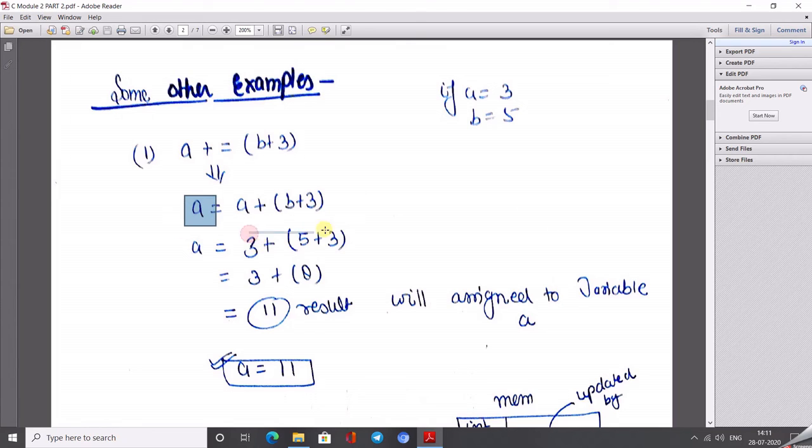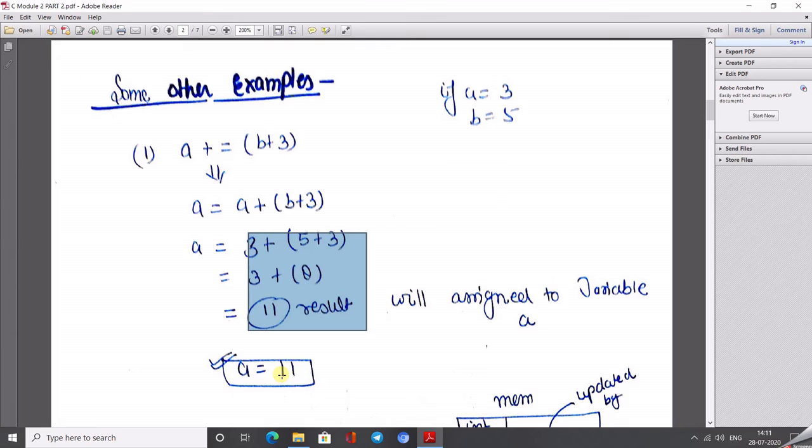So here the calculation is performed on the right hand side, and after calculating, the result will be stored into the left hand side variable. Before this, what is the value of a? The value of a was 3, but after this the value of a will be changed to 11.